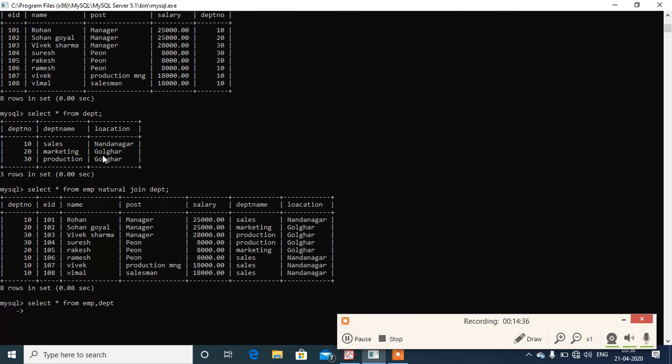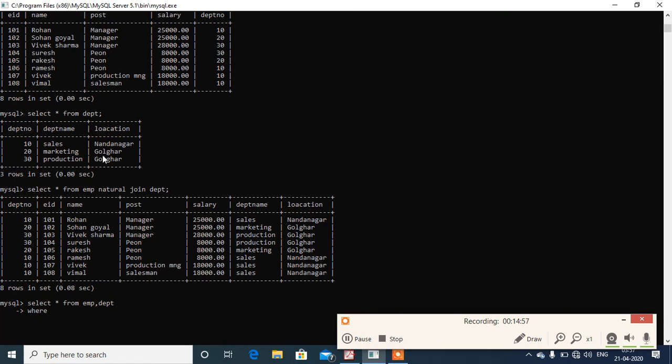If we type only this much, select asterisk from EMP comma DEPT, this will result in a Cartesian product or cross join. To eliminate the Cartesian product, we need to pass the join condition, and that is passed with the help of the where clause.